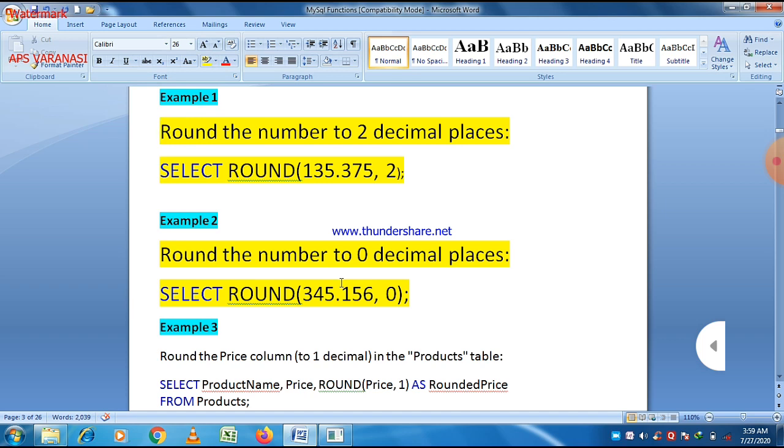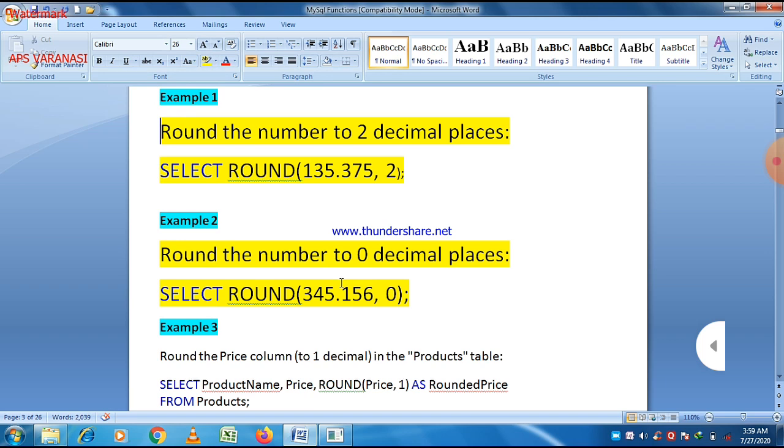And if there is a table named product in which there is a column named price, and we want to round off the price up to 1 decimal place, then it is also possible. Just write select, and then the column name which you want to display, and then the round function, and within parentheses you can pass the value, that is price comma 1, if you want to round off to 1 decimal place.